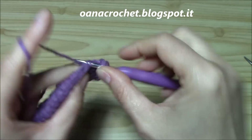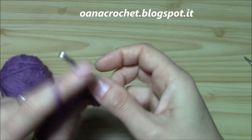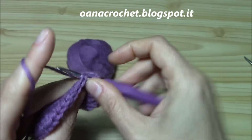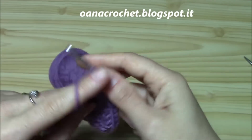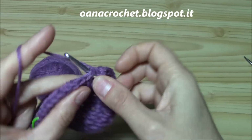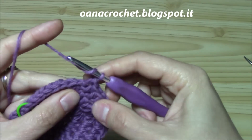One, 2 and an increase. Again, 1, 2 and an increase. 1, 2 and an increase. 1, 2 and an increase. And I want to show you at the end of this round how to finish,